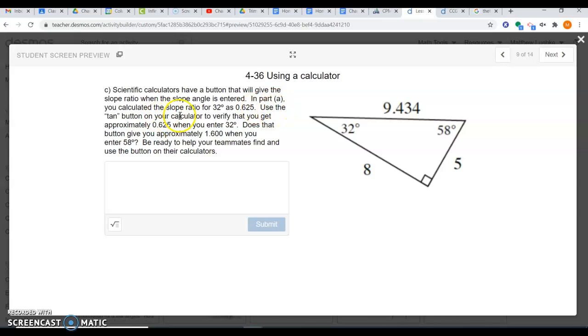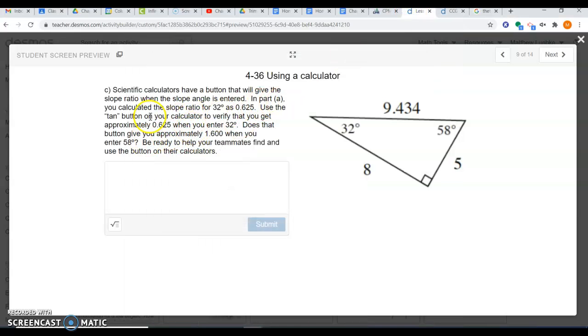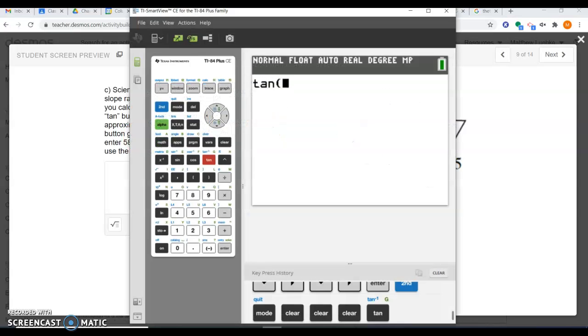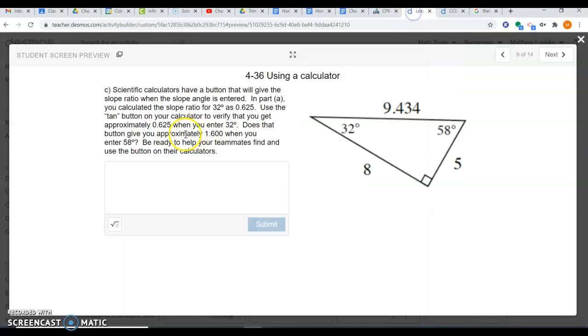0.652. Use the tan button on your calculator, okay? And I'm going to bring up a calculator so you can see it. There's this tan button right here. And every calculator looks different. If you use your phone, everything looks different, but look for this tan button here. And then do the tangent of 32. So I'm going to do the tangent of 32 degrees. And I get 0.625 when I round it, which was the approximate slope ratio we got when